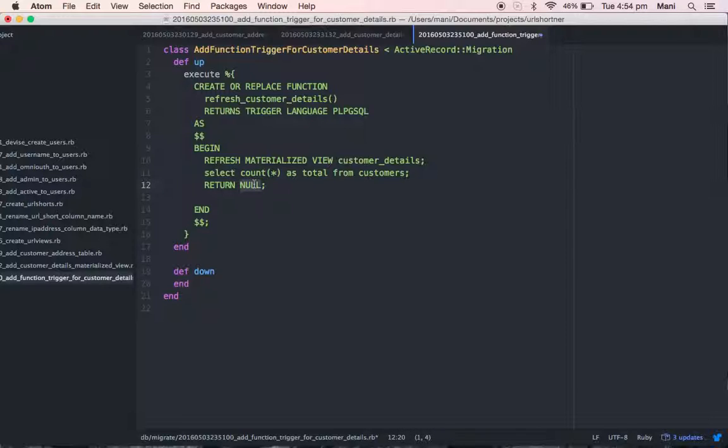If you want to return the total value, you need to type return total. The total value is then returned to the calling function. So everything is done: refresh materialized view customer_details and return null. I am not returning anything.